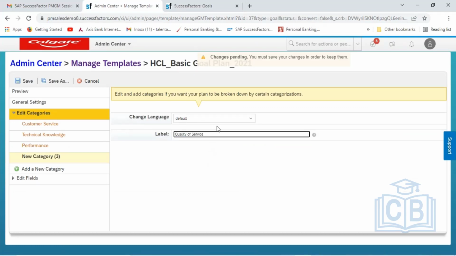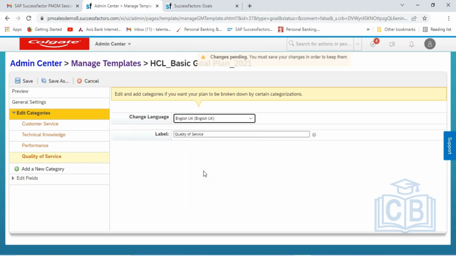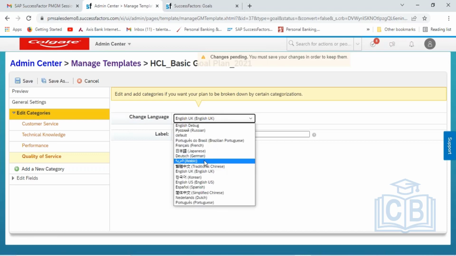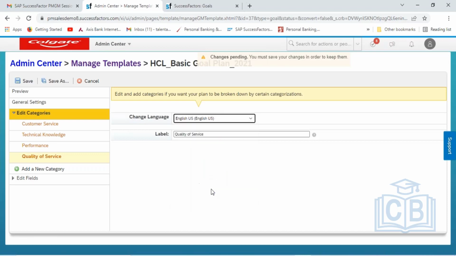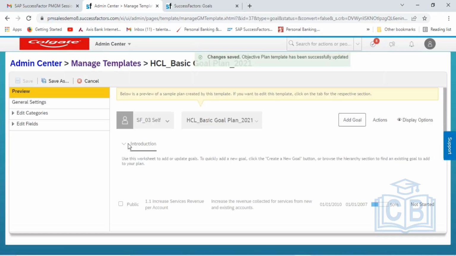Okay, quality of service. Then we have quality of service here. Then we have this one. Okay, so we have the four categories. We have already done. Okay, and let me save it also. Four categories. So now, if you see here,